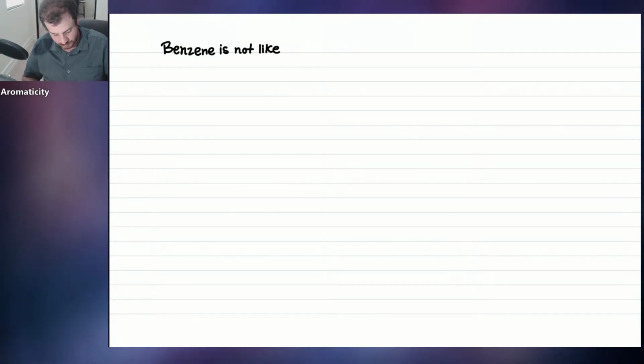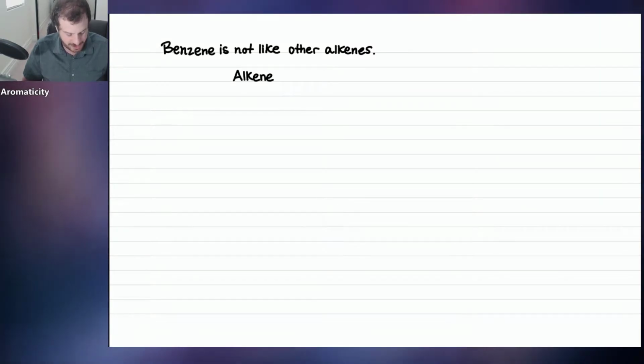So get out your pencil and paper, because here we go. Benzene is not like other alkenes. And they figured this pretty early on. So one of the first tests they did with benzene is an alkene reaction. And we're going to learn about a bunch of reactions in this class, so stand by for that. But let me just show you an alkene reaction that we will learn eventually in this class. And that is, if you take